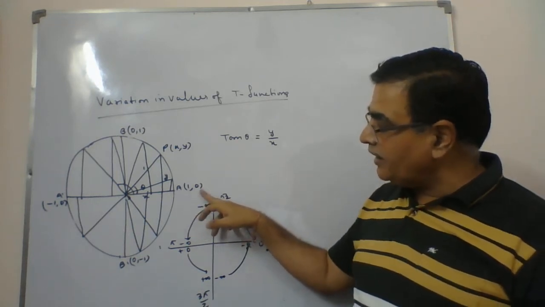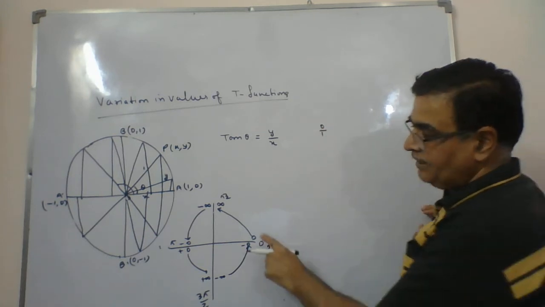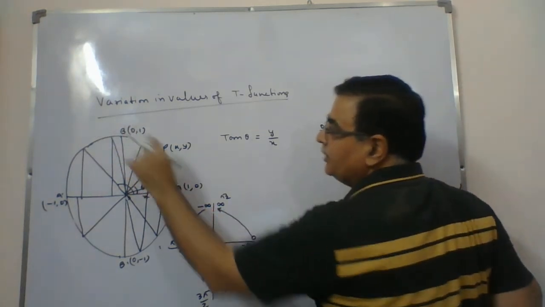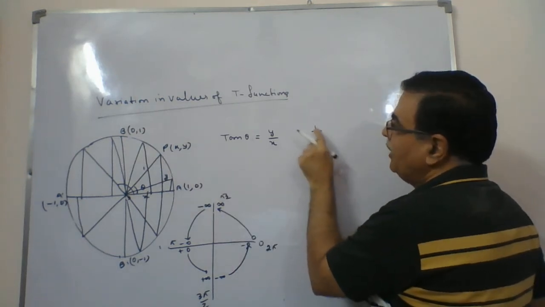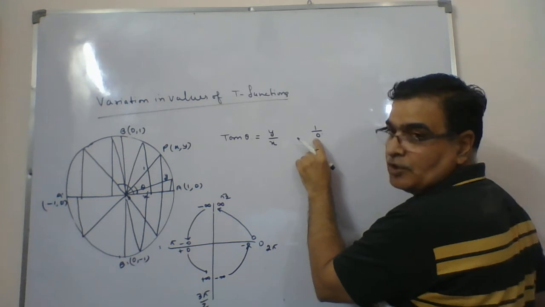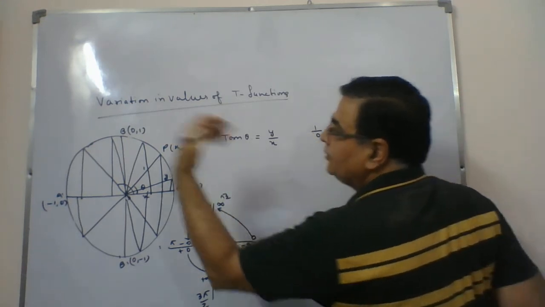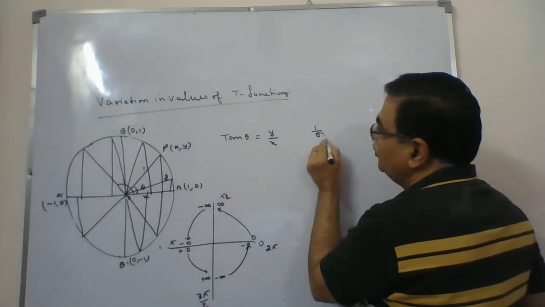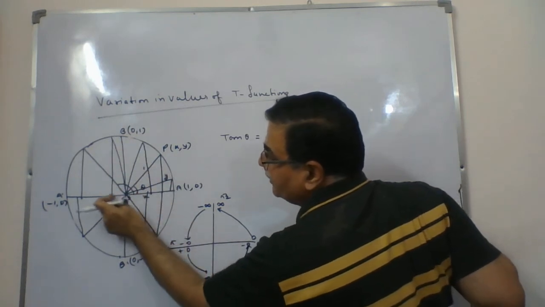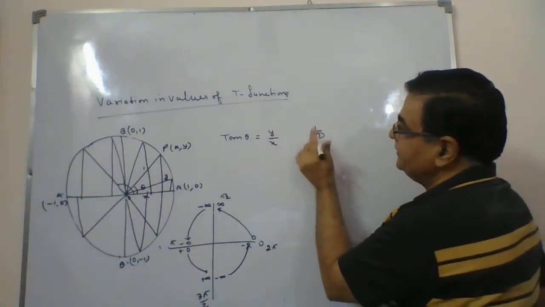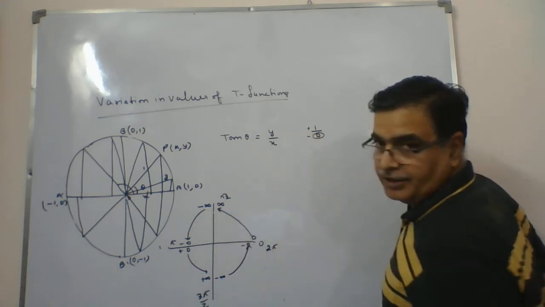At this stage it is 1 and 0. So it will come out to be simply 0 by 1, that is 0. When you reach here, it will be 0 and 1. So it will come out to be 1 by 0. 1 will be plus and 0 is also plus. So both are plus. So we will say it is plus infinity. But as you reach this side, this 0 goes towards the negative side. As you go this side, this value 0 will be converting into a negative value. So as this is going negative, this will still remain plus. So we will say it will be minus infinity.